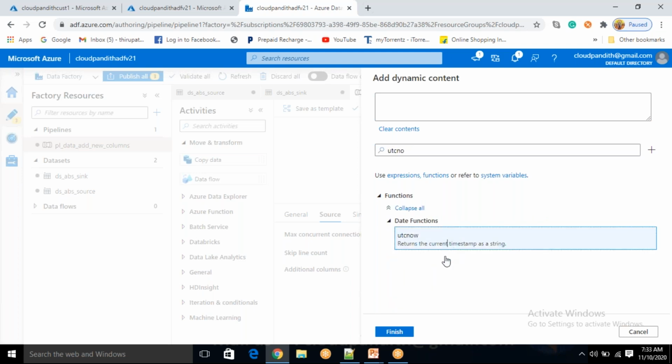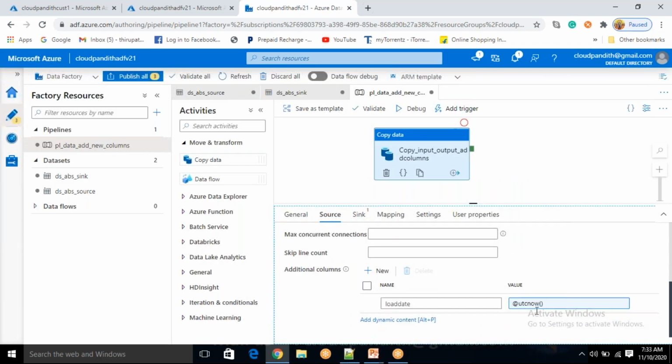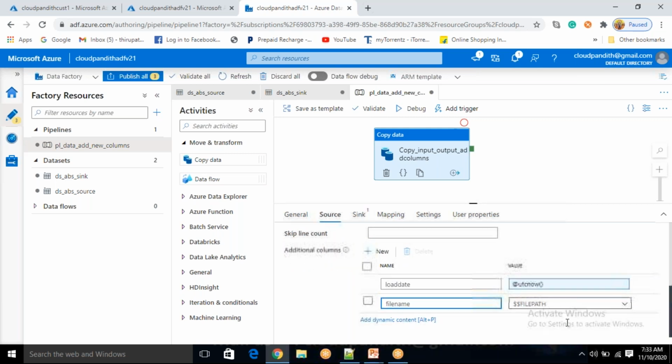So UTC, now it will give you the date, the current timestamp, the current UTC date. Now just click new. Okay, so let me show you file. So from which file you are copying data into this. Then one more column, let's say this is basically to get the duplicate column. Suppose you want to paste some duplicate column, so you can get the duplicate column. How will you get the duplicate column?